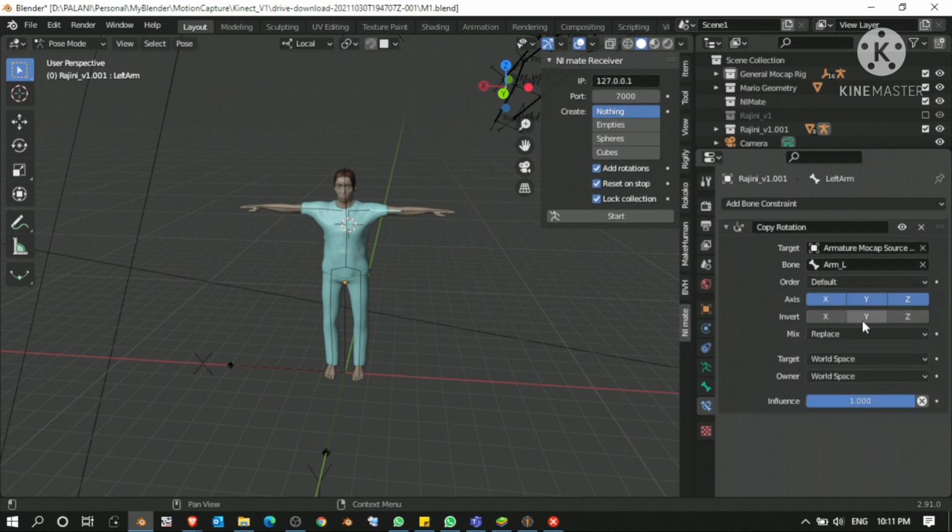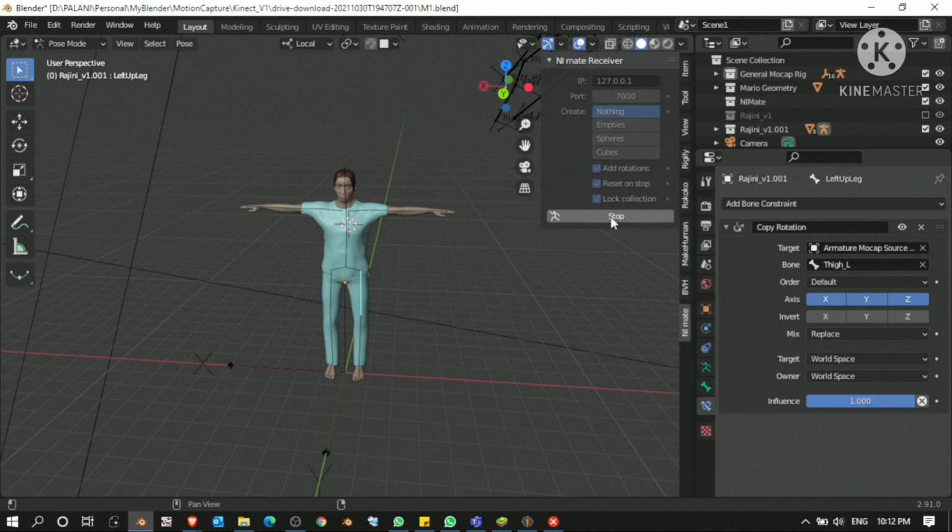So I'm selecting arm left. Okay, and don't change anything, keep it as it is. Follow the same, right to right, left to left. In fact, I have already retargeted all the corresponding bones between the source and destination.